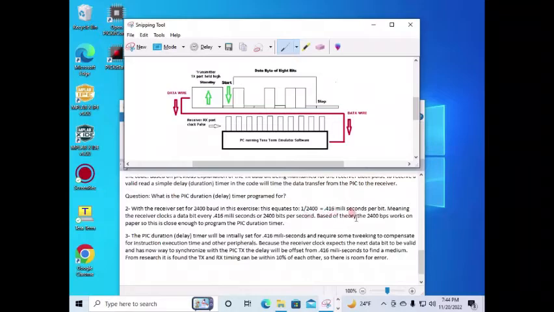Like I said, this works in theory, but it's close enough for the programming of the PIC duration timer. Basically, in the code, it's going to be a delay timer. I'm going to finish here by saying the PIC duration delay timer will be initially set for 0.416 milliseconds, and it's going to require some tweaking because the PIC has instruction execution times and other peripherals it has to deal with, so the timing isn't always perfect